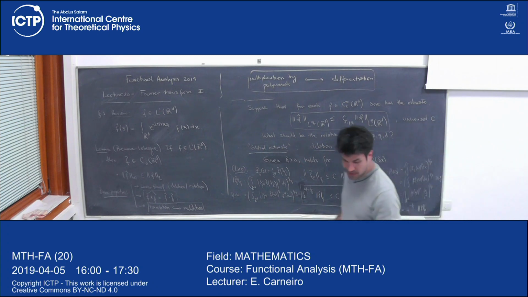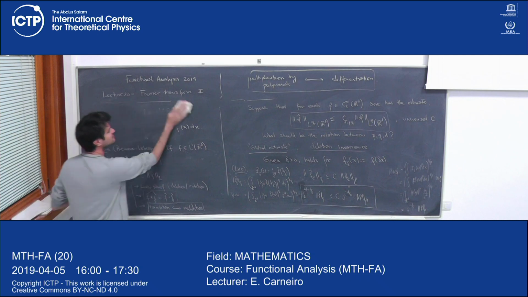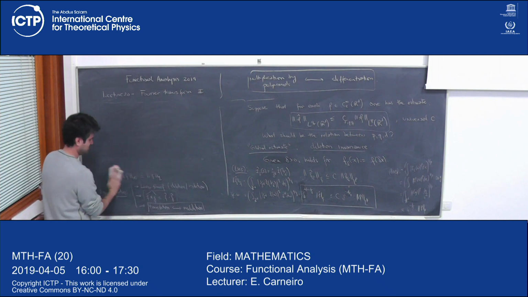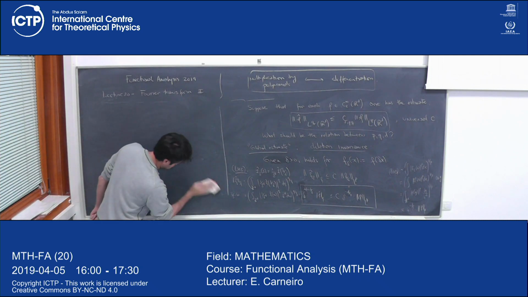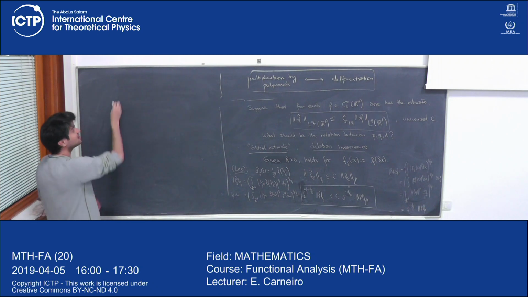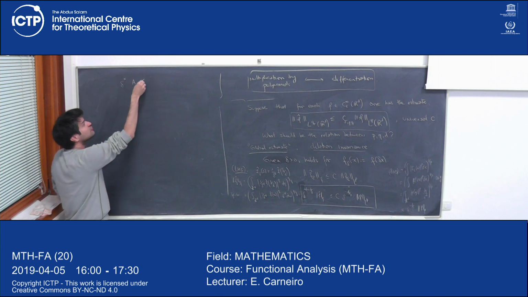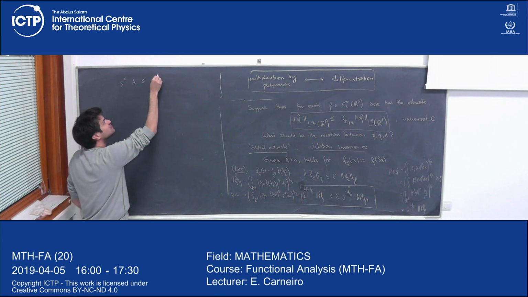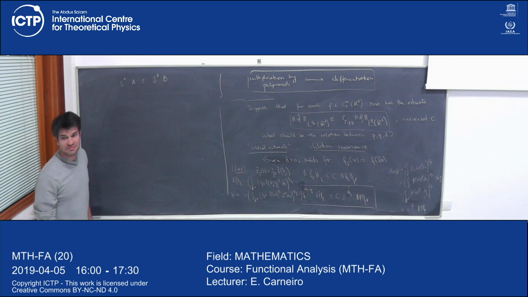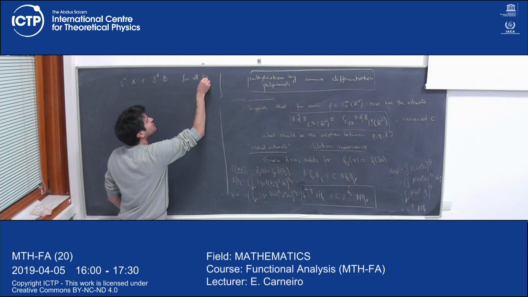Okay, so this is my point to you. If I tell you that lambda raised to a certain quantity alpha times A is less than or equal to lambda to a certain quantity beta times B, for all lambda bigger than 0,